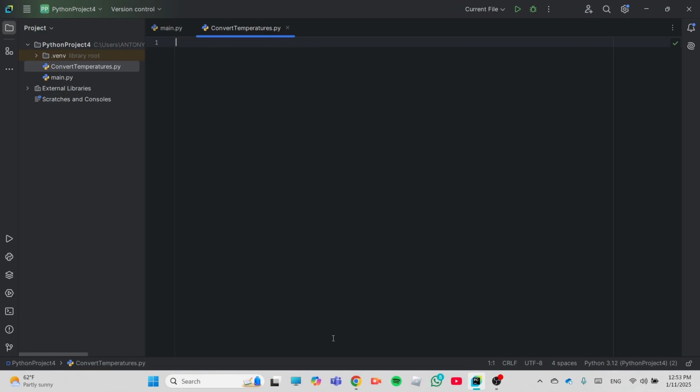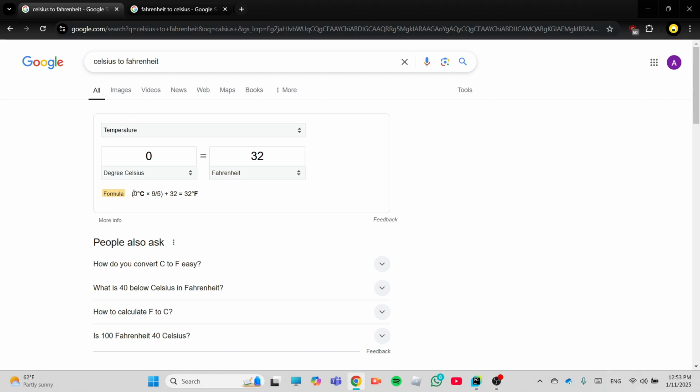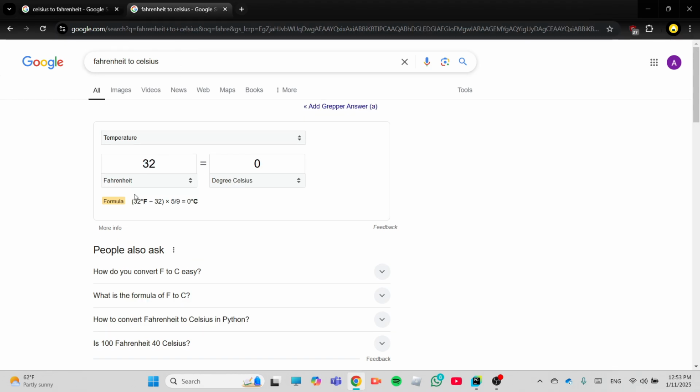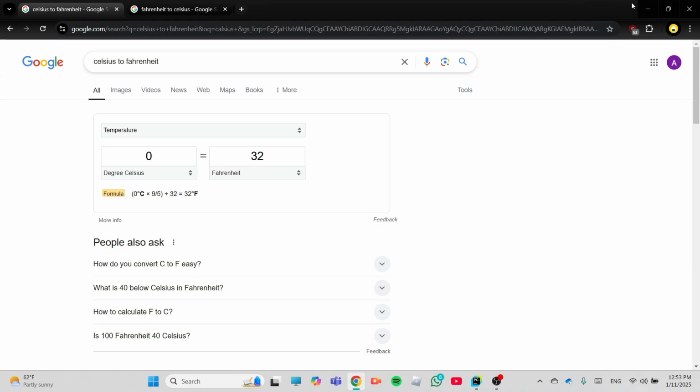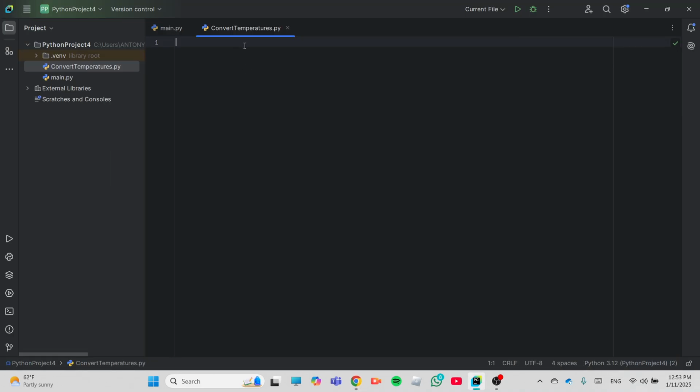So this is a very simple conditional programming exercise. Over here we have the formulas that we will be using from Fahrenheit to Celsius and Celsius to Fahrenheit. So we will start by creating a variable which will be called conversion underscore type,